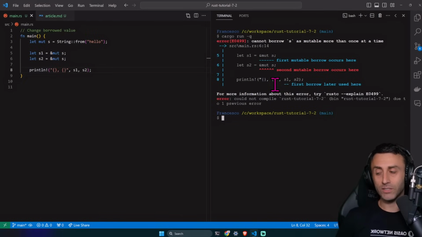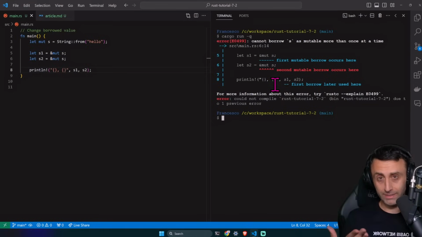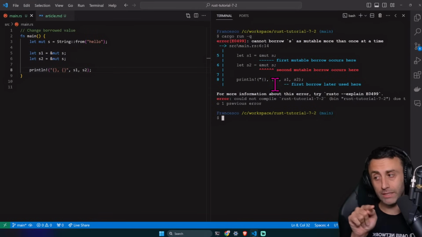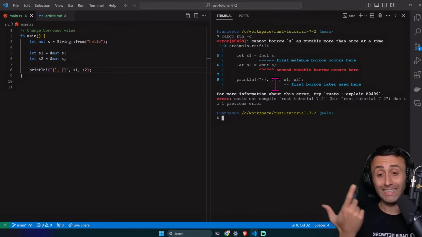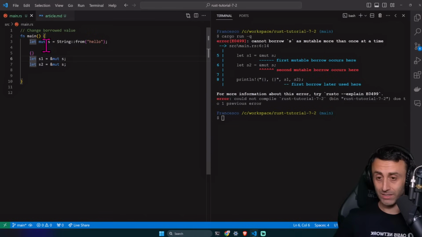Here, the Rust compiler is very annoying, but it's trying basically to save our life, because by default we can't have more than one mutable reference in the same scope. So we can have, of course, multiple mutable references, but not in the same scope. So for example, in this case, instead of having something like this, I should do something like this. I can create another scope,